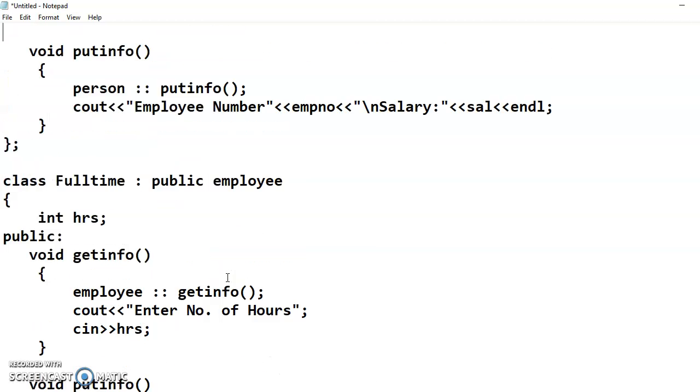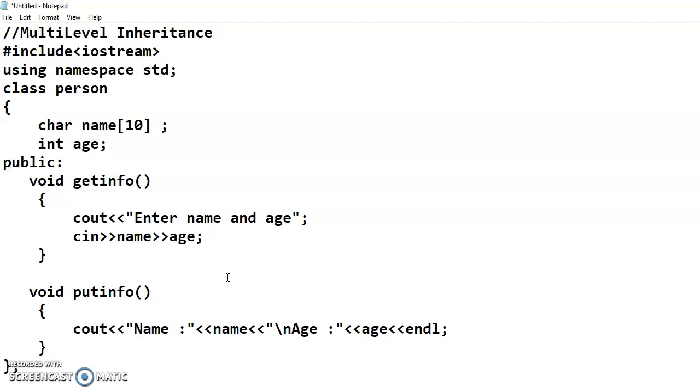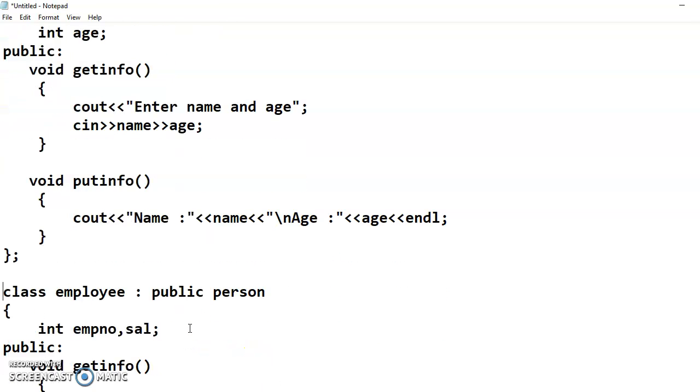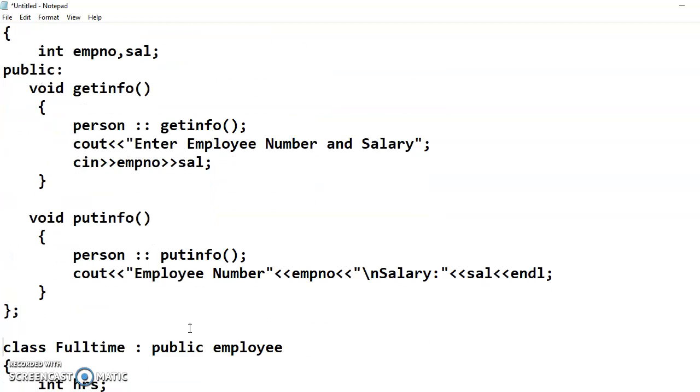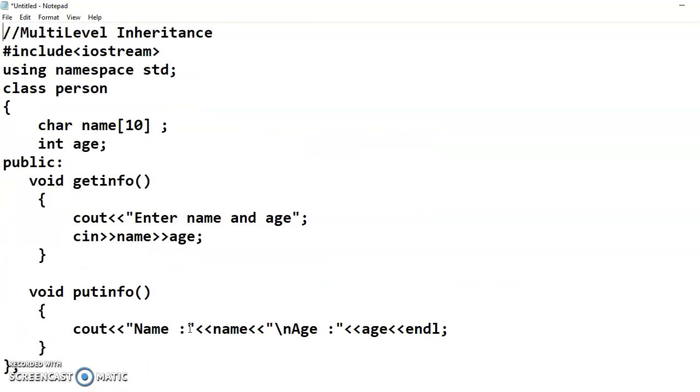Now in this example, I took three classes. Class person is my first class. Class employee will be my second class. And class full-time will be my third class. So class A, if we see the diagram, will become person.